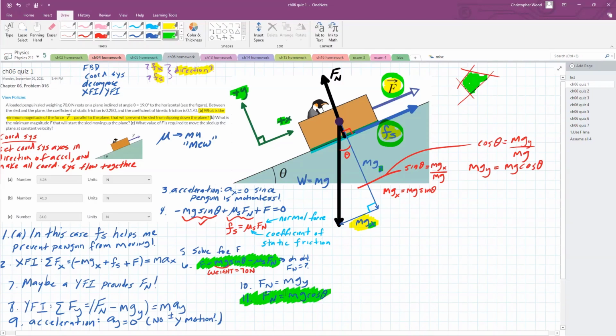Alrighty then. You now have an X force inventory result, and you now have a Y force inventory result. Go ahead and solve for F. And that's just part A, and then we'll do part B. Let's all get the answer to part A using step 6 and step 7. I'll say this, find F from number 6 and number 7. Okay. And when I do that,